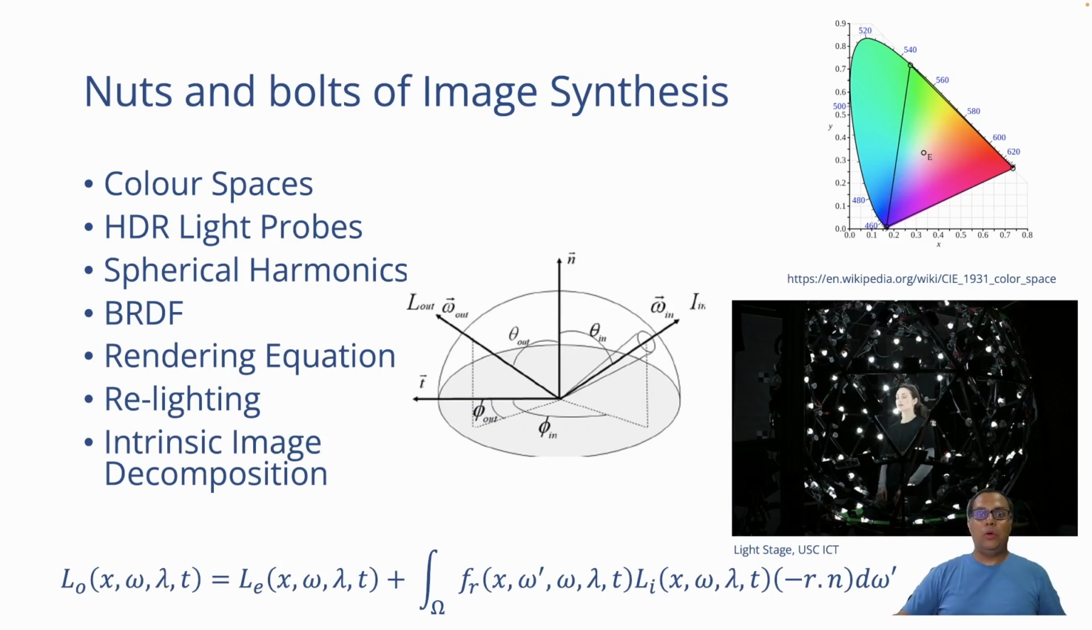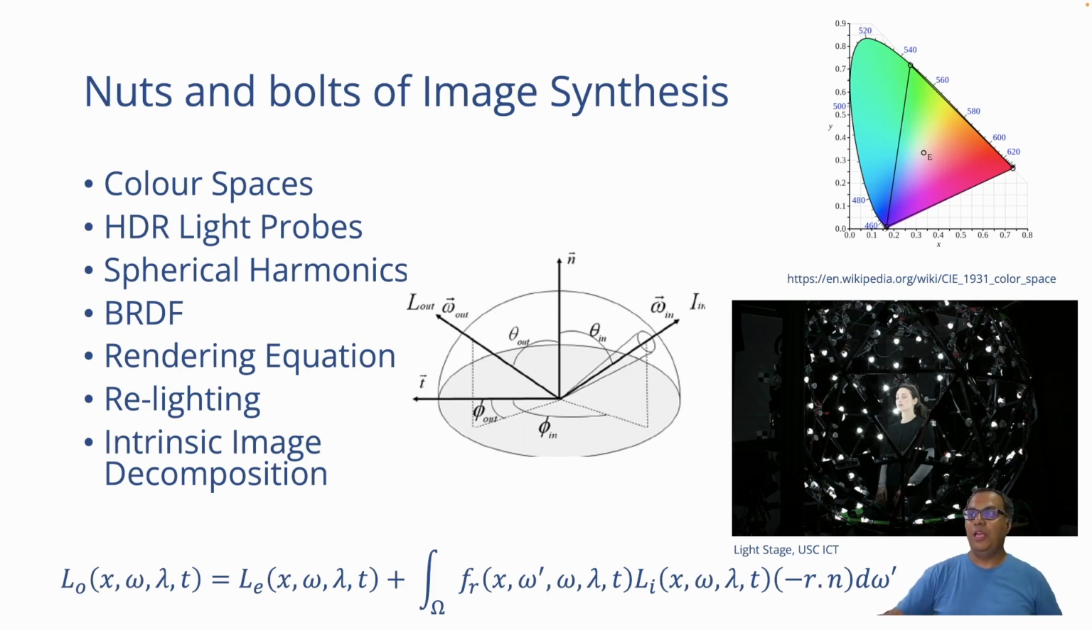And while going through all these exciting methods of image synthesis, we will actually look at the nitty-gritties and the nuts and bolts of image synthesis. We will talk about color spaces, high dynamic range imaging, spherical harmonics, BRDFs. We will try and figure out methods of solving the rendering equation. We will talk about relighting of scenes which have already been lit, and we will talk about intrinsic image decompositions. All these terms might make no sense to you right now, but they are essential bits and pieces of the